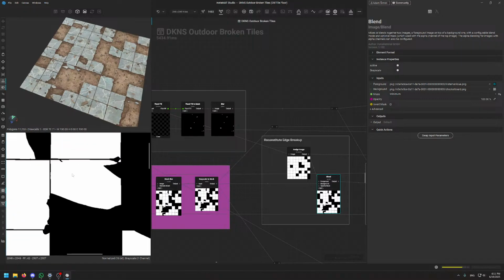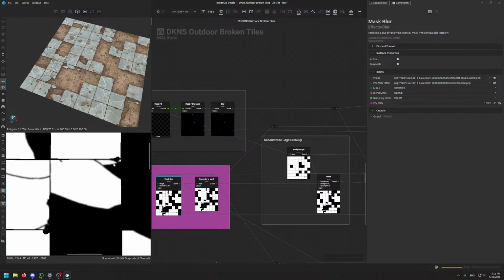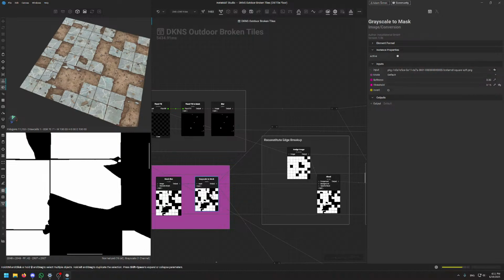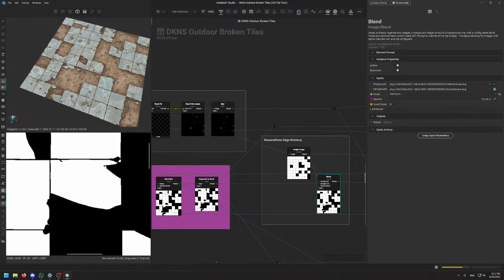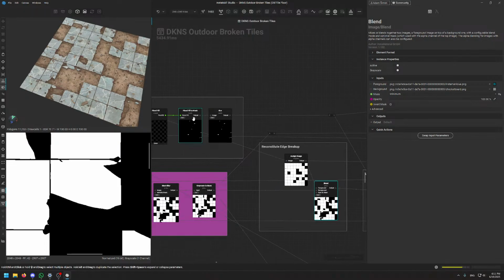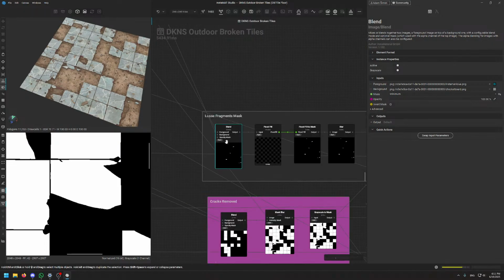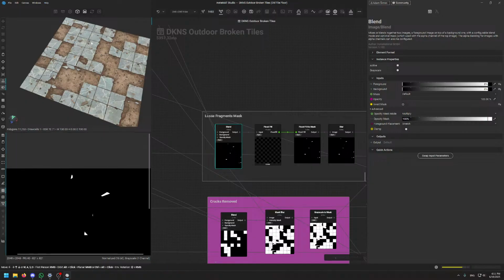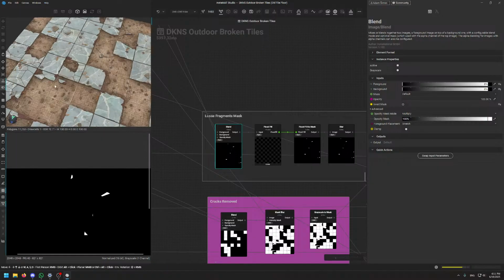So again, if you look at this, we have this blurred out thing. It blurred this out. Then we grayscale to mask it, and you see that it expanded because of the blur. So we do not want to do that. We just have to reconstitute, subtract the edge damage. And then I have this new flood fill for some of the loose fragments, some of these fragments in the